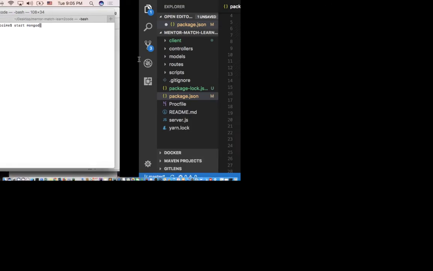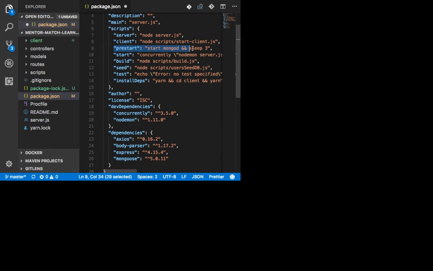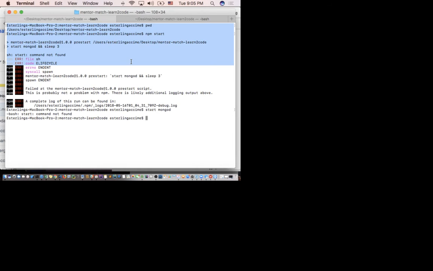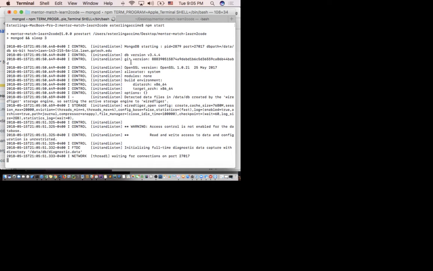So I got two options. Either I will remove this script and start my Mongo manually, or I add the command that matches mine, which is Mongo. Makes sense for everyone? And now let's try that. If I try npm start, you see that? Because Mongo was the one that works for me. Good? Everybody's good?